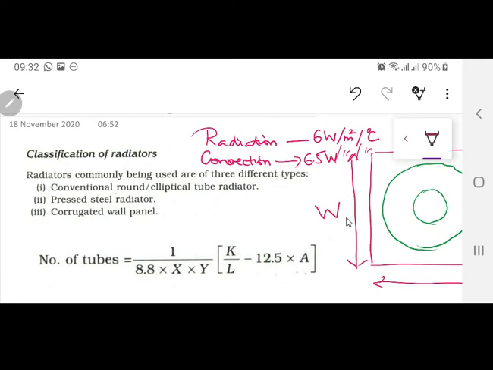Otherwise the side of the lower yoke of the transformer will be hot, so it will not dissipate it. So if this is the total tank of the transformer, we will put some clearance distance there, and then we will place the transformer. Otherwise the lower portion of the transformer is going to get hot.